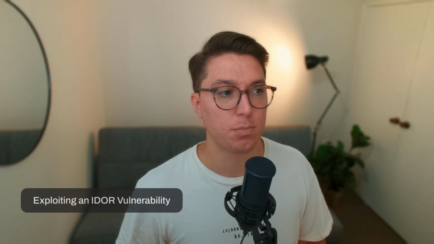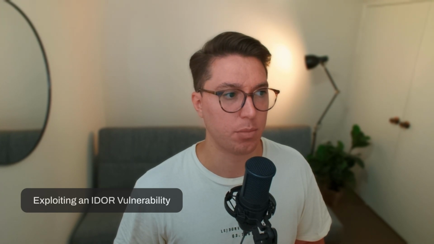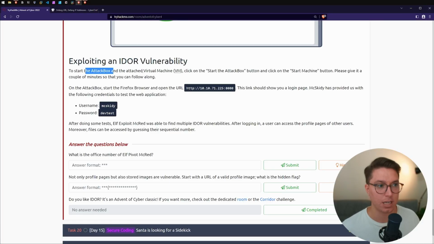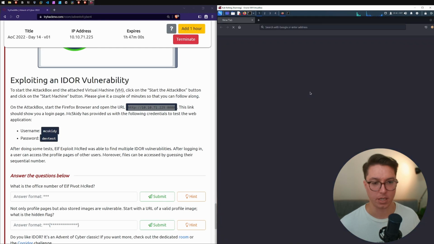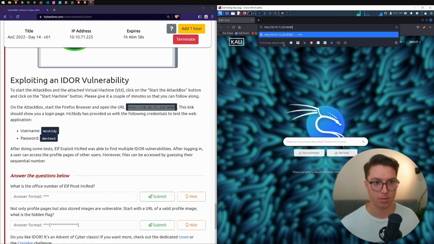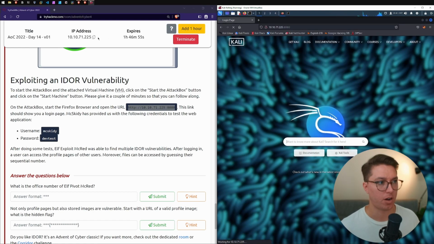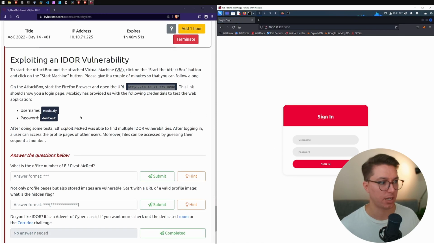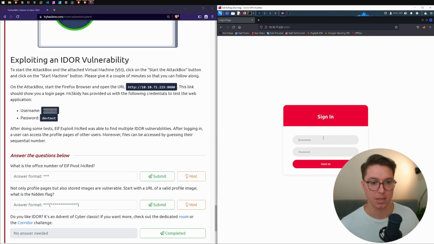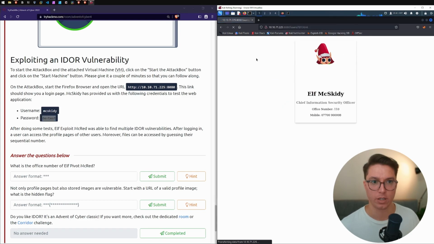Next section, we've got exploiting an IDOR vulnerability. So let's start our attack box and look at the virtual machine, and we'll go from there. Great, I'm on the OpenVPN connection to TryHackMe's VPN. I'm gonna paste in our IP address to port 8080, where we have a web application running. We then have user McSkitty, and we have the password dev test, and we can log in,